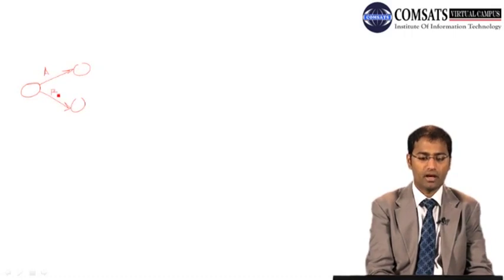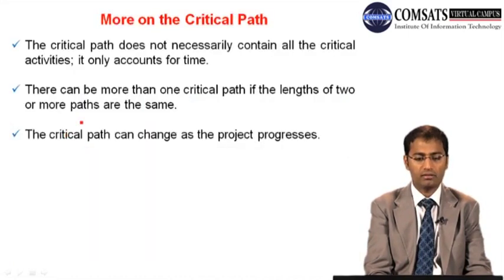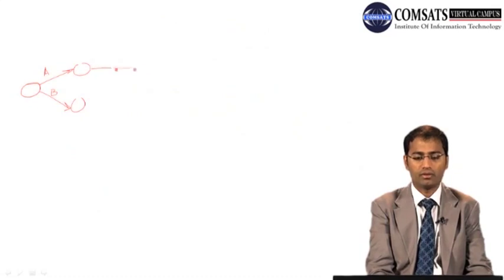So first thing is we will develop this node, and A and B are dependent on nothing, and then C is dependent on A and D is dependent on B. So C is dependent on A. So this is activity C,